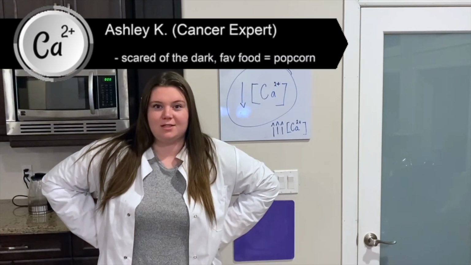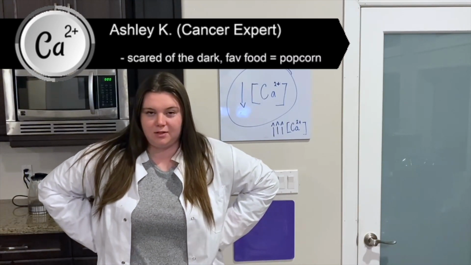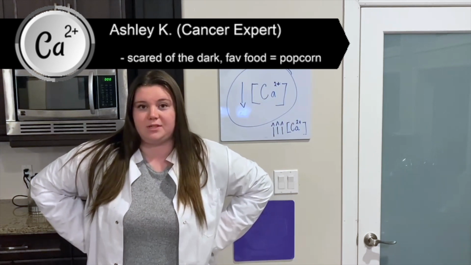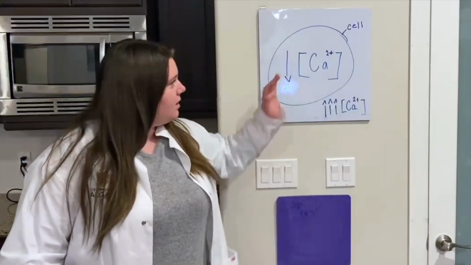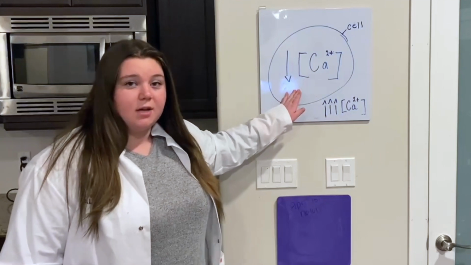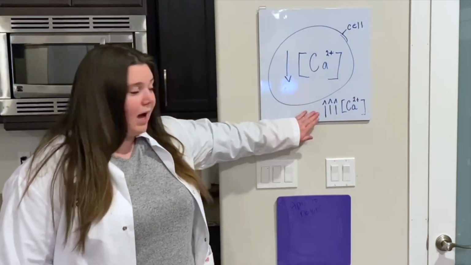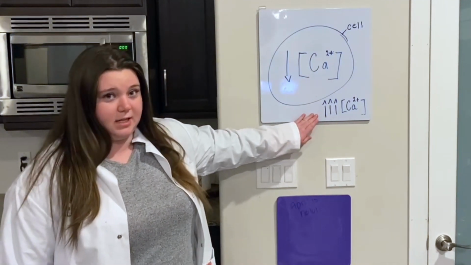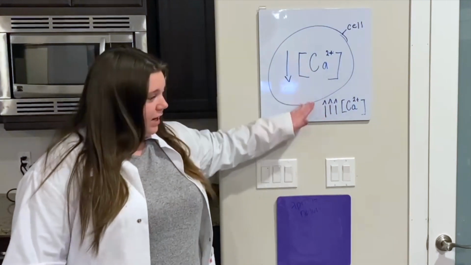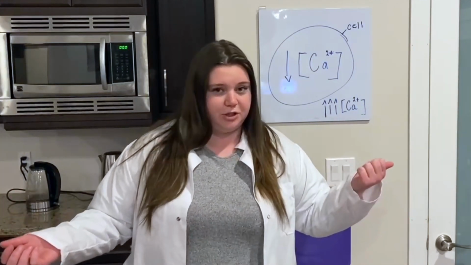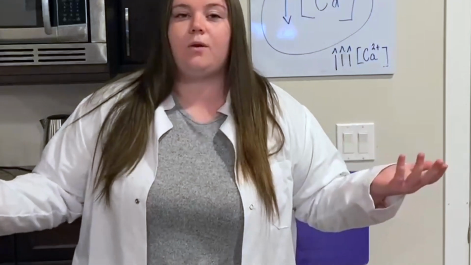Similar to many processes, when something goes wrong with calcium signaling, there are often biological consequences. In healthy cells, low concentrations of calcium are seen inside of the cytoplasm, and high concentrations are seen outside of the cell. Maintaining this gradient is essential for proper calcium signaling. However, this gradient can be made abnormal through changes in calcium channels, which push calcium into the cell, or in calcium pumps, which push calcium out of the cell.